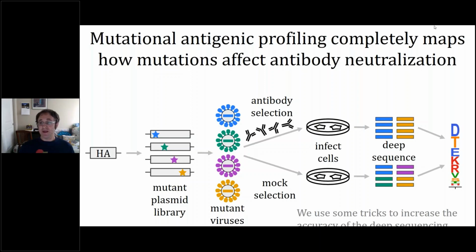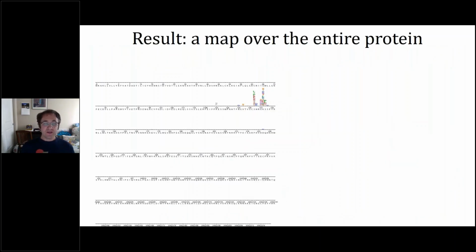And that allows us to generate this sort of map that I was describing a little bit earlier. So the result when you do this for a monoclonal antibody would look something like this. This is an H1 hemagglutinin with a strain-specific monoclonal antibody from the classic studies by Jonathan Udell, Andrew Caton, and Walter Gerhard. As you might expect, at most parts of the protein, mutations have no effect on how well the virus survives the antibody. But there's a small number of sites here where many mutations affect how well the virus can survive the antibody. And we can,